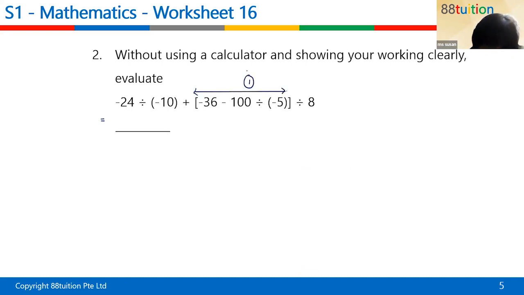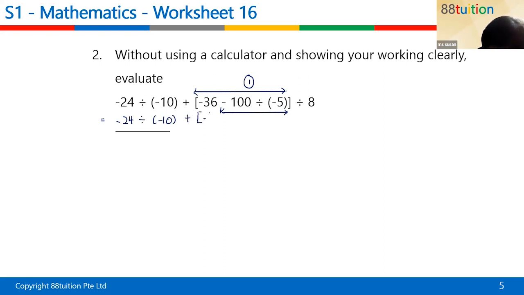So this is the first thing I need to do. But before that, I have an inner bracket here. You see, I have this to this. So I also want to do this right now. So now the thing is that I need to copy down minus 24 divided by negative 10 plus